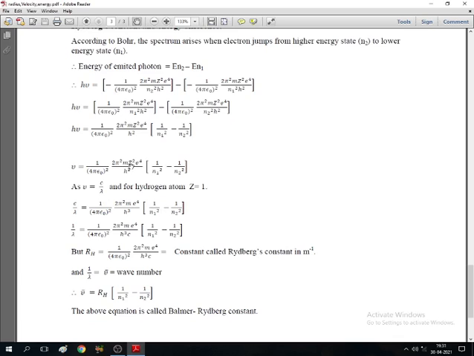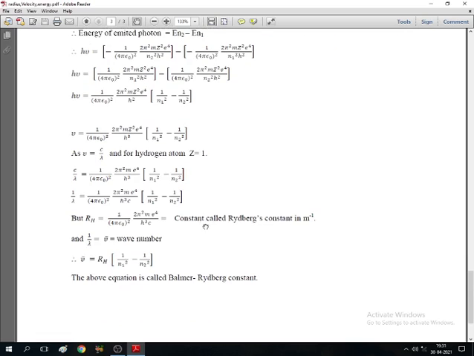We put all these values here. Transfer this c to the right hand side, therefore 1 upon lambda is equal to 1 upon 4 pi epsilon 0 square 2 pi square m e raised to power 4, with z equal to 1 here, h cube and c, since c was transferred, into 1 upon n1 square minus 1 upon n2 square. Now this term, 1 upon 4 pi epsilon 0 square 2 pi square m e raised to power 4 upon h cube c,